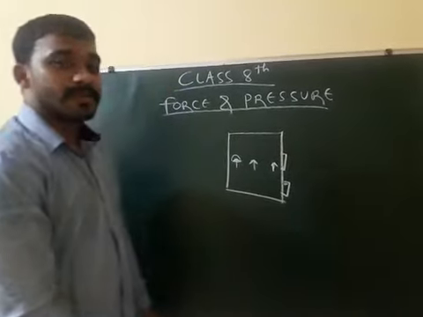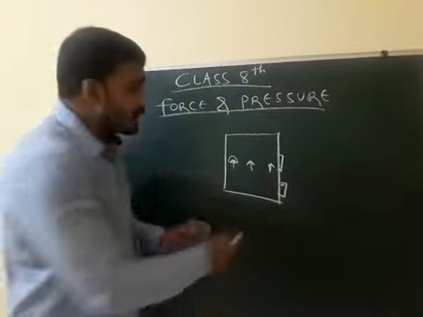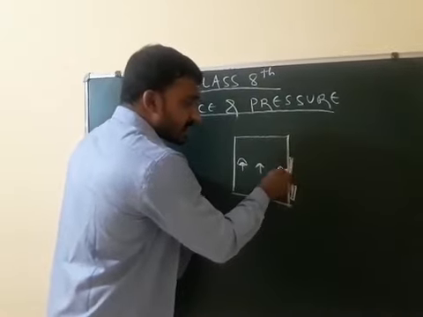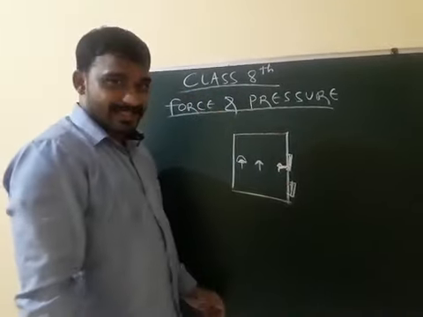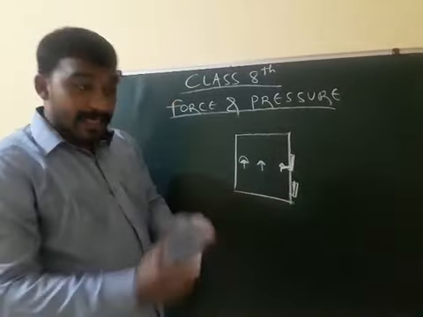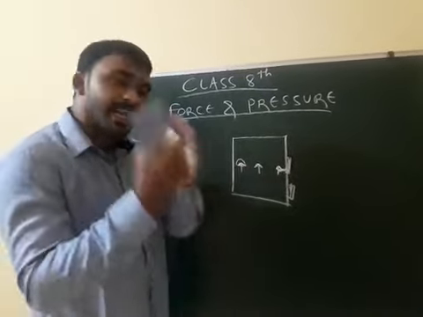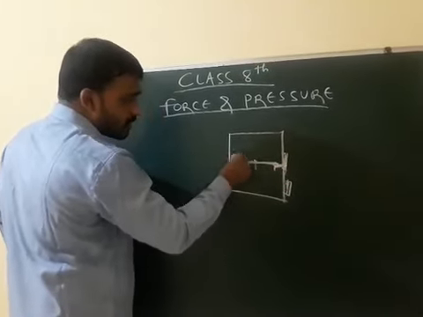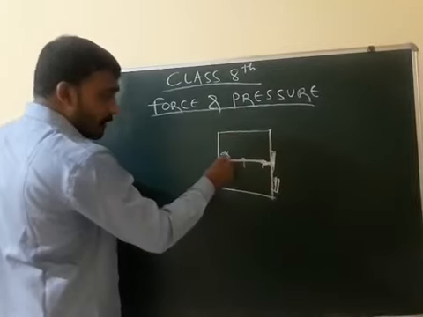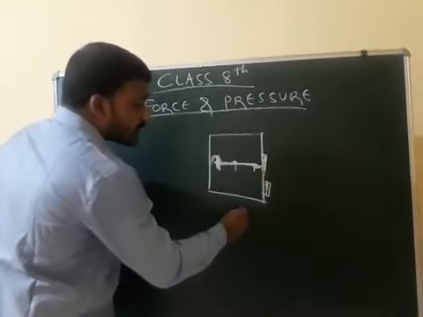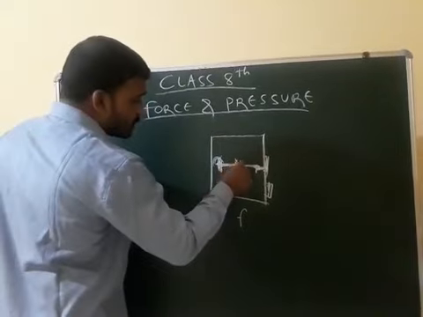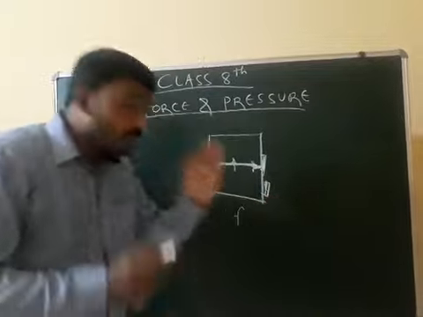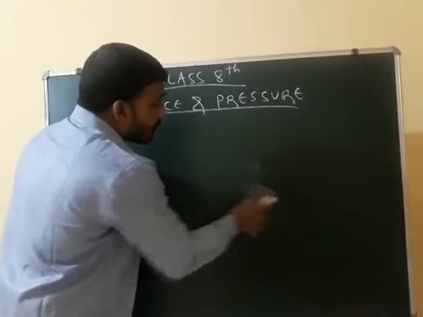You will not be able to close the door because the distance from the pivoted point, here the pivoted point is the hinge, is very less. Here it increases a little, so more force is required. In this case very less force is required. When the distance from the pivoted point to the applied force increases, then the force required is very less. If you decrease the distance, then more and more force is required. Understood? So from here we can understand the moment of force.